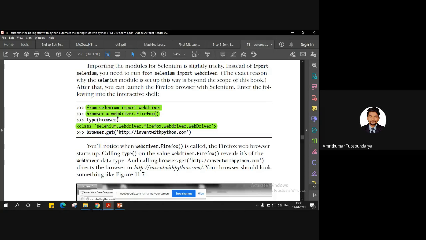So browser is equal to webdriver.Firefox. The type of browser is the class selenium.webdriver.firefox.webdriver.WebDriver. This is the instruction for that.